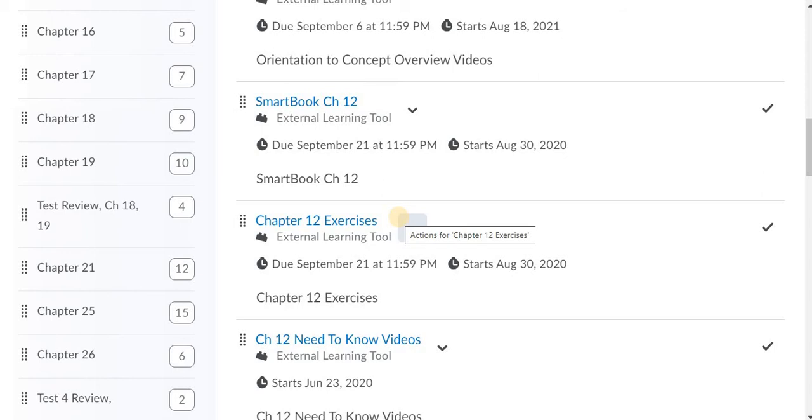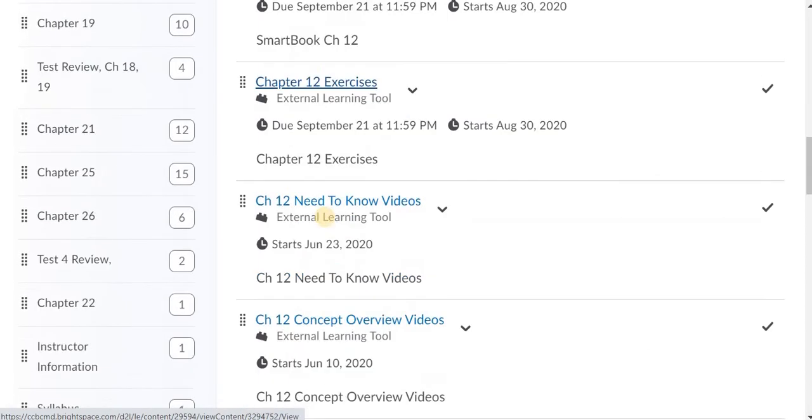So why do I assign it? I assign it because it's important that you get the information out of the textbook, and this is a way to do it. 20 points per chapter. Then for each chapter, there's exercises. 25 points per chapter. For each chapter, there's also need-to-know videos and concept overview